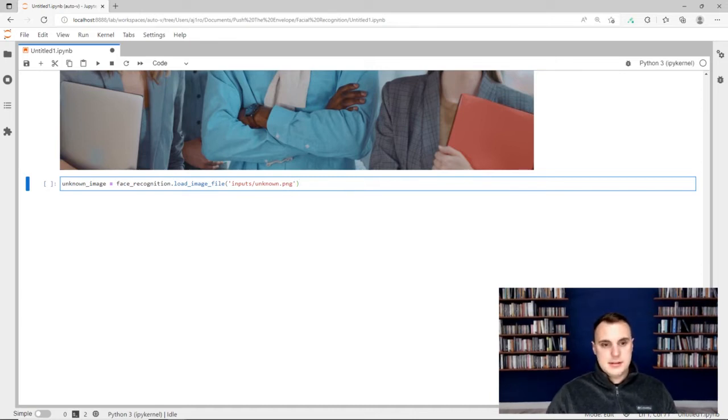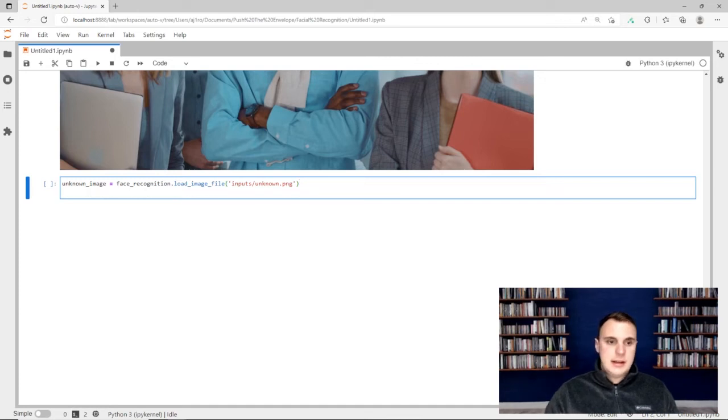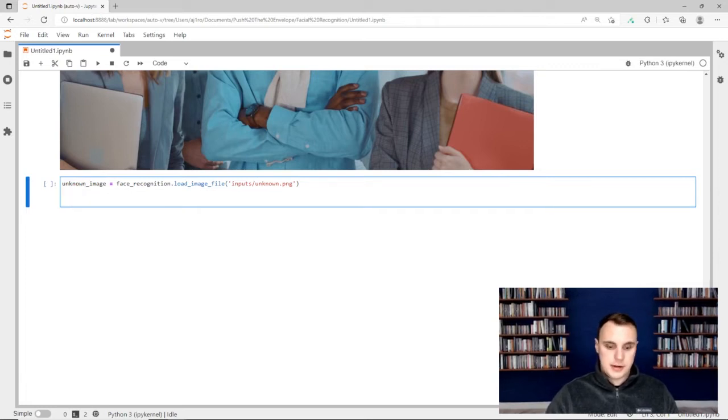Now, the one thing that is different about doing it this way is it's going to return this unknown image as a NumPy array already. So I can't go right ahead and display what the image looks like without converting it. So if you want to display the image first, maybe it makes sense to import it through PIL and not use this. If you want to just go ahead and send it right as a NumPy array, maybe use this one. But we can actually just say display image is going to be equal to Image.fromarray, and then just pass in that unknown image. It's going to take the array, convert it to an image. So now we can display